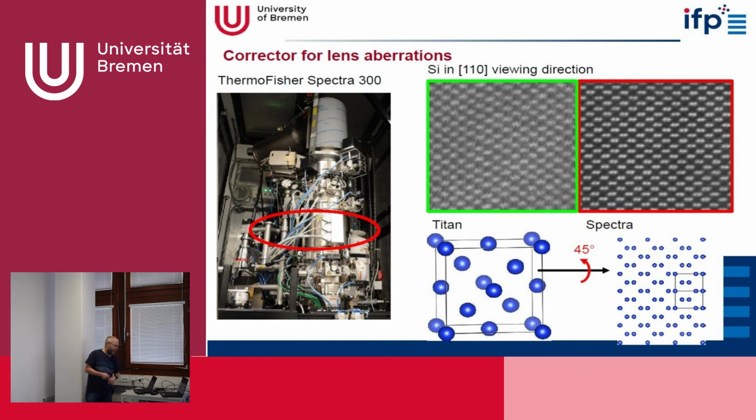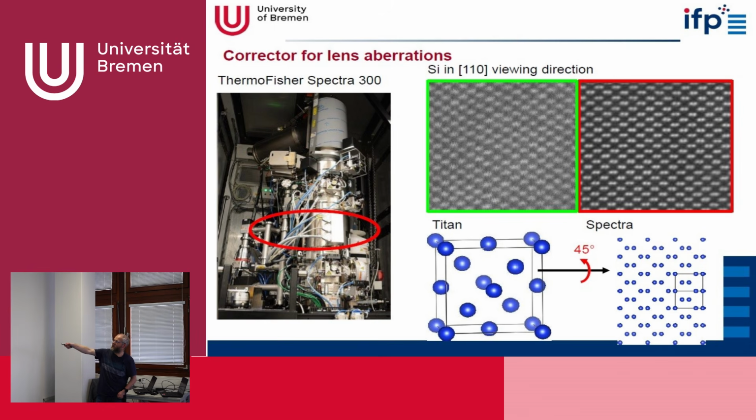Just to show you an effect, here is an example. In fact for silicon, so this is a silicon crystal, every ball here is a silicon atom, and if I turn this around by 45 degrees, then I will see in the 1-1-0 projection that I get some dumbbell-like structures. So you see pairs of silicon atoms which are sitting in this arrangement here. Okay, this is the structure, and now I took such a specimen with silicon and I went to our 2